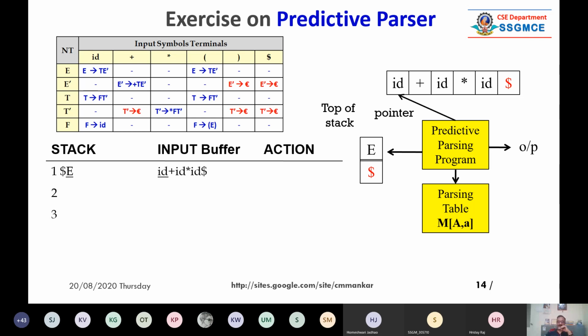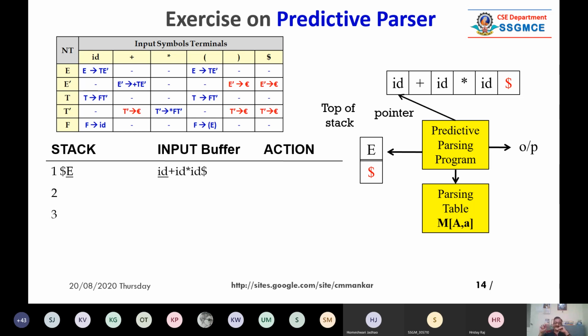Now see here what is happening. So what we are supposing is that ID plus ID star ID ending with dollar is stored into a buffer, and the pointer is pointing to the first element. That's why it is called L, meaning we start reading from left to right.